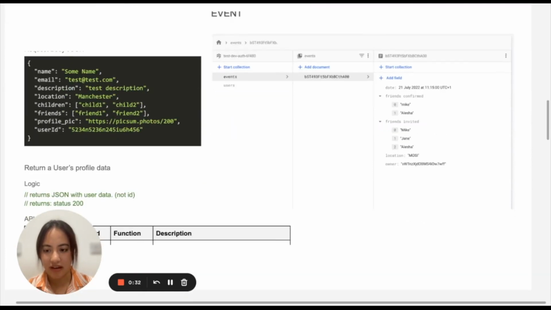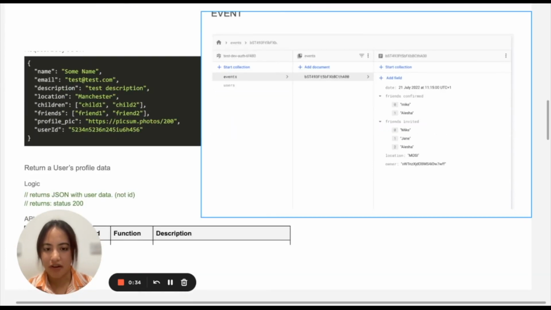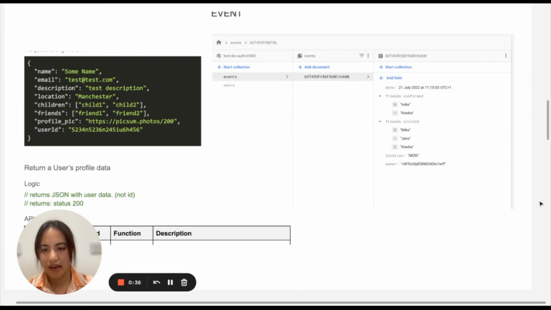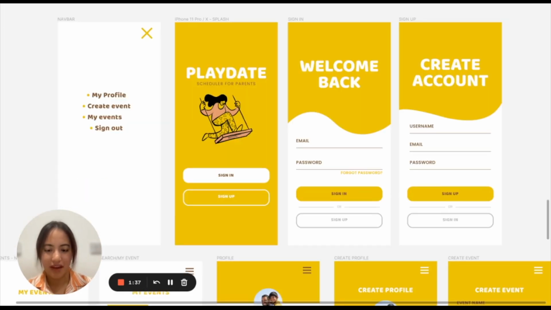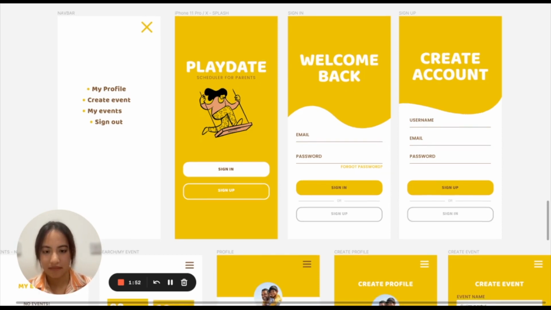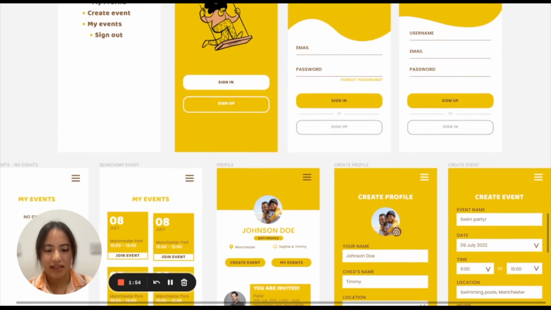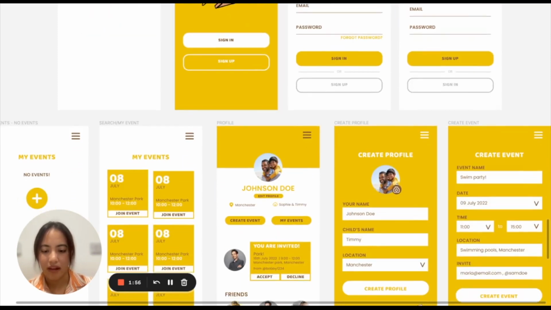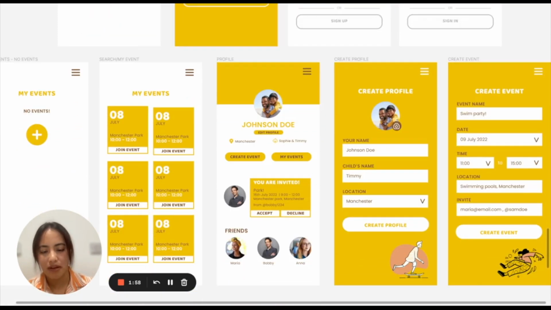As you can see here, this is a screenshot from our API document, which showcases possible database designs. Once we decided on our user stories, we created a prototype of our app using Figma. It gave us a good visualization of what our app can look like and show us the flow of a user's journey. This was a good step into front-end development as well, as we then turned Figma components into